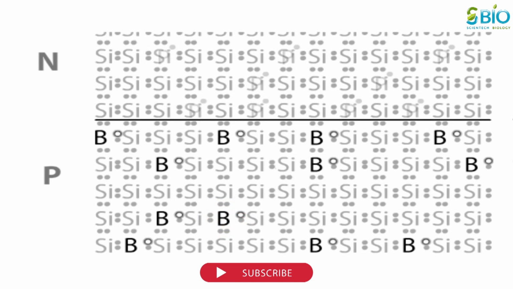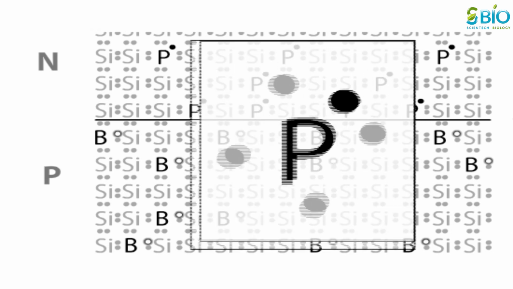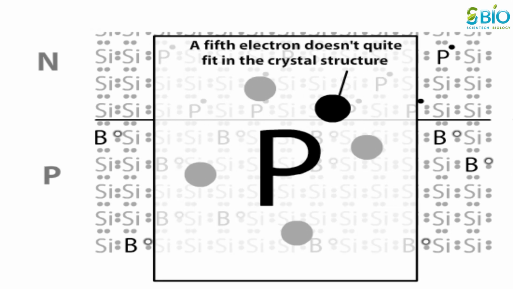Similarly, the N-type side contains phosphorus in place of some of the silicon atoms. Phosphorus has 5 valence electrons. In the crystal, a phosphorus atom has an extra unshared electron that disturbs the uniform structure of the crystal and is an inherently unstable configuration. The impurities and resulting instabilities are essential elements of a solar cell.